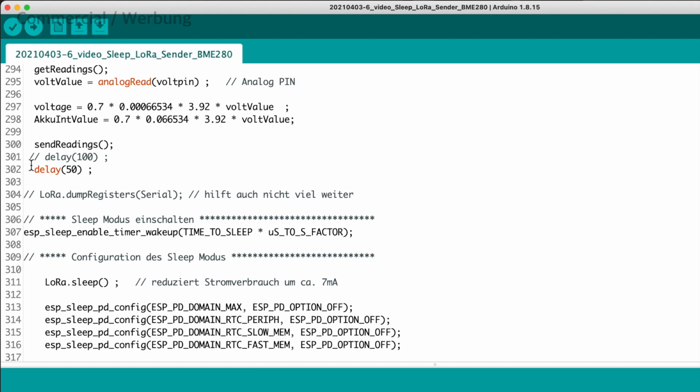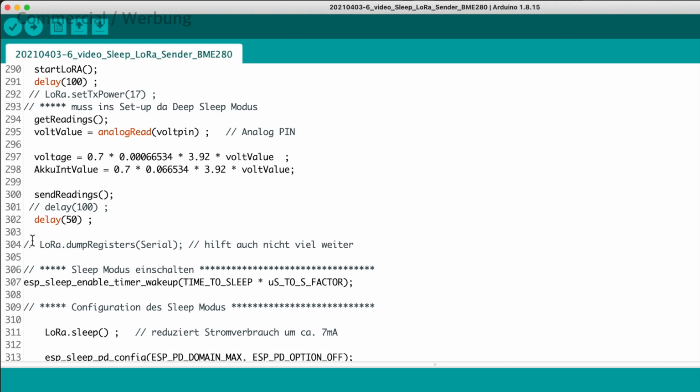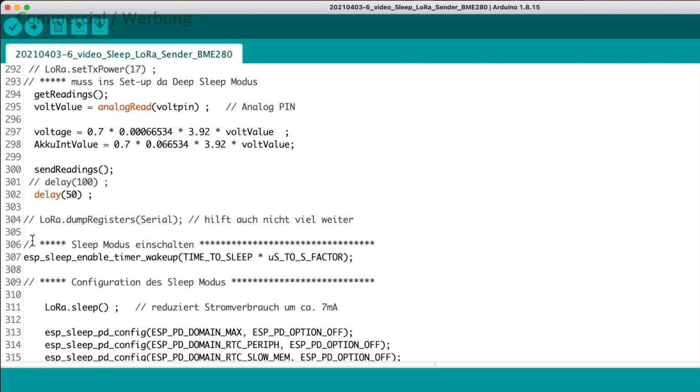Finally, I introduced a delay of 100 milliseconds before the measurement. This helped a lot to get stable analog readings for the battery voltage. Well, sometimes things are not so straightforward as we think. We keep the solution in mind. With send readings, we can transmit our data now.